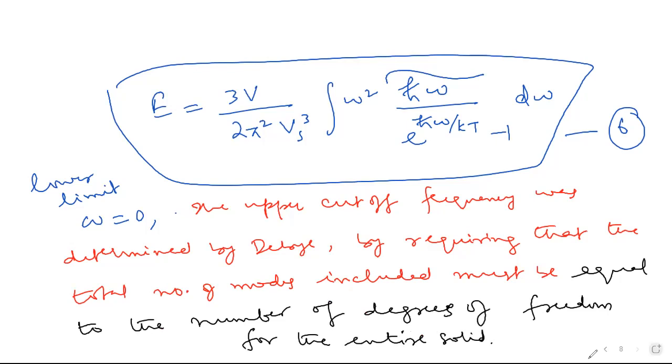Now, since this total number of degrees of freedom is 3N_A, where N_A is Avogadro's constant, we are taking 1 mole of the solid, so it will contain that many atoms. 3N_A is the total number of degrees of freedom for the entire solid, because each atom has 3 degrees of freedom. So the above condition may be expressed in terms of the density of states as